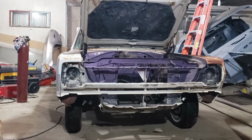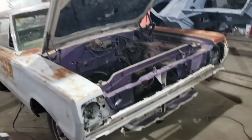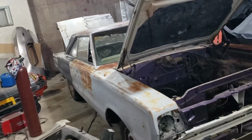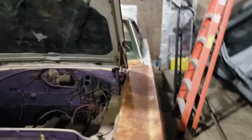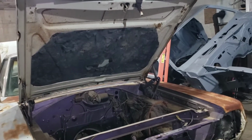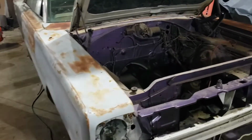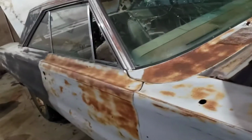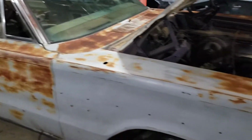Well, I got the 66 Belvedere in the shop, and it takes up kind of a lot of room. It definitely is a little bit bigger space-wise than I imagined, but overall it's really not that big of a car. It's fairly standard width. I don't know the number of how wide it is off the top of my head, but I know lengthwise with the bumpers it's about 201 inches,